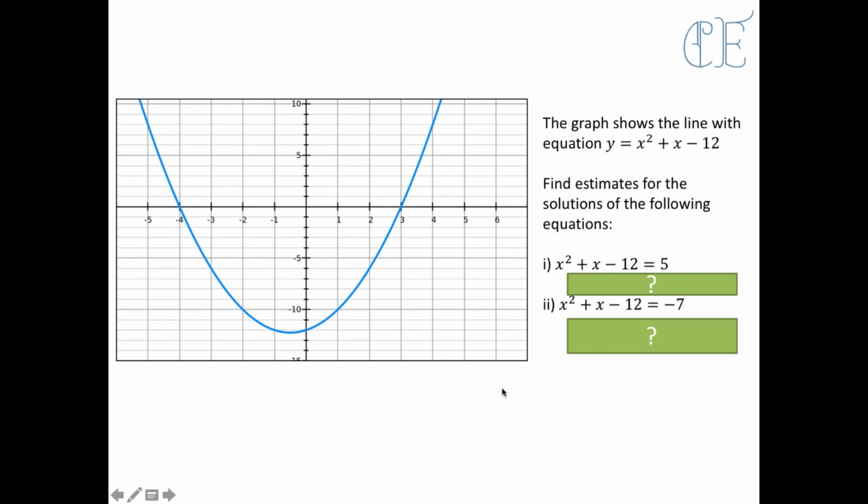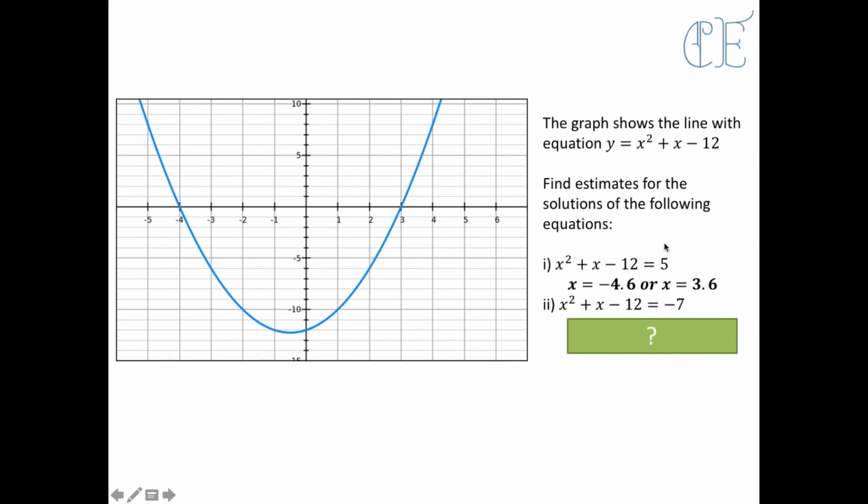Okay, so the graph here shows the line with equation y equals x squared plus x minus 12. It's showing you the quadratic equation for this quadratic graph, and you need to find estimates for the solutions of the following equations. So you've got x squared plus x minus 12 equals 5. So you've got the same exact quadratic line, but it equals 5. That means that we would go along where 5 is, and so we would go along here like this, where 5 is,